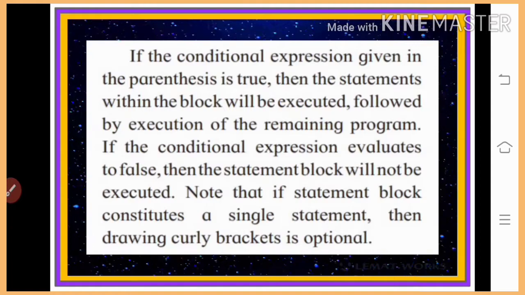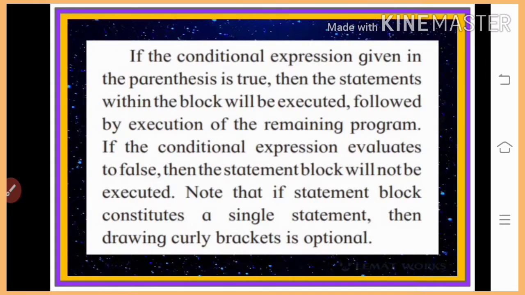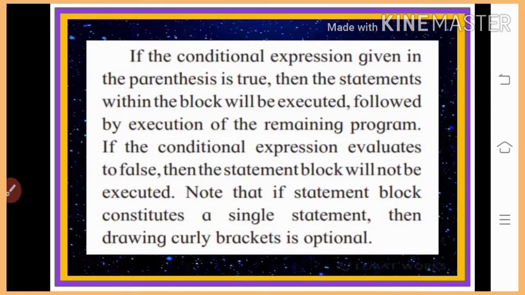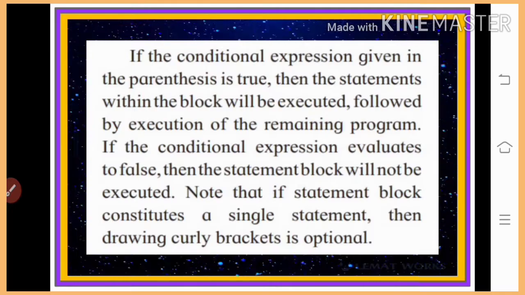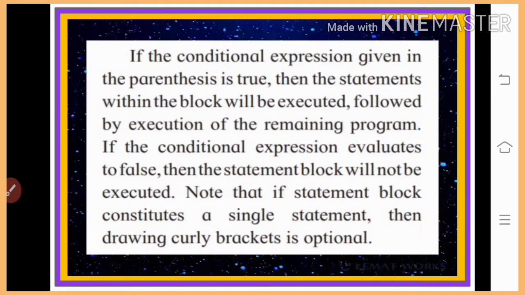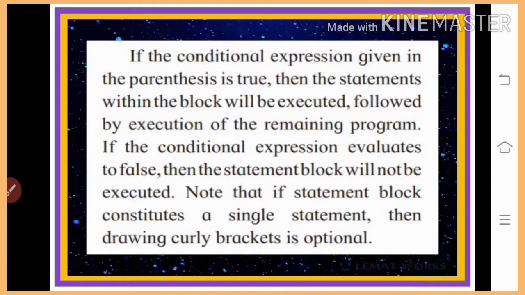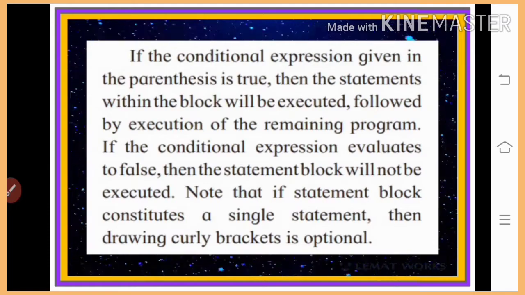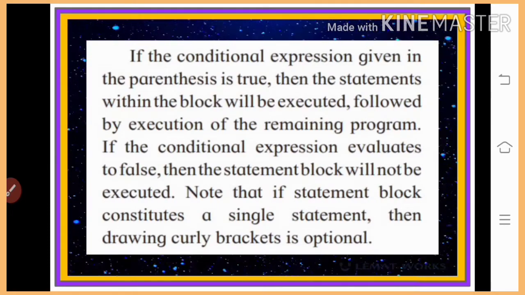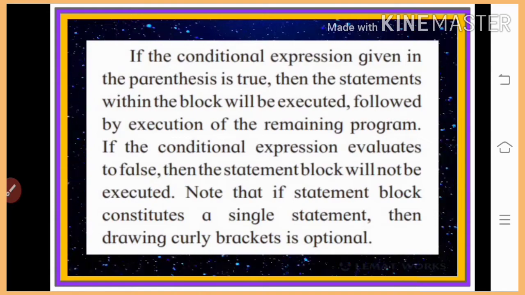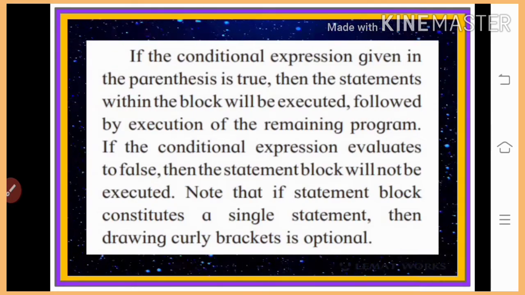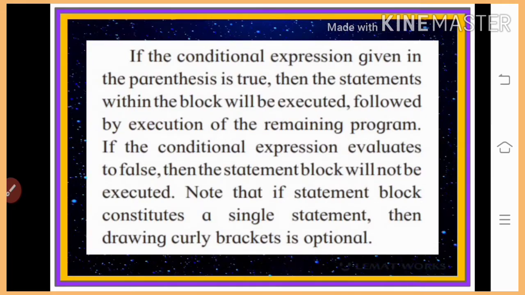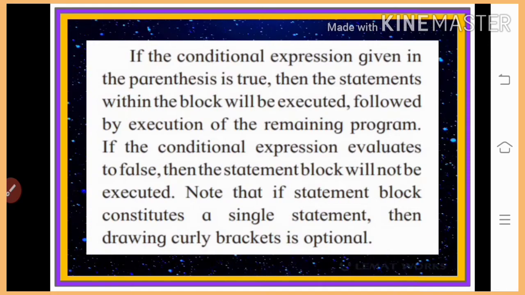If the conditional expression evaluates to false, then the statement block will not be executed. Note that if the statement block contains a single statement, then the curly braces are optional. Means if the statement block contains a single statement, you can write it without curly braces, and if there are multiple statements, you have to use the curly braces to denote the block of the if statement.